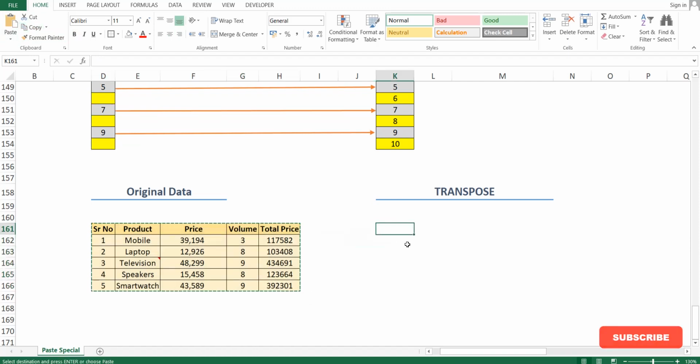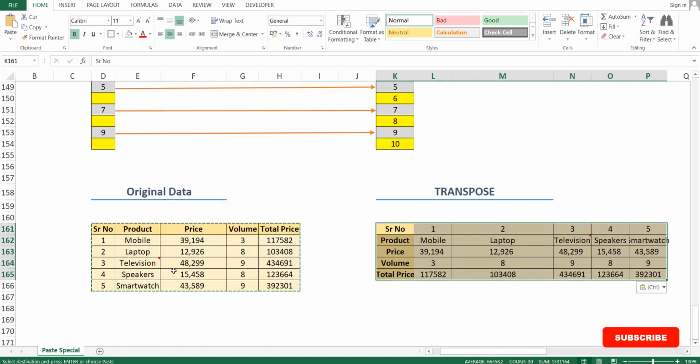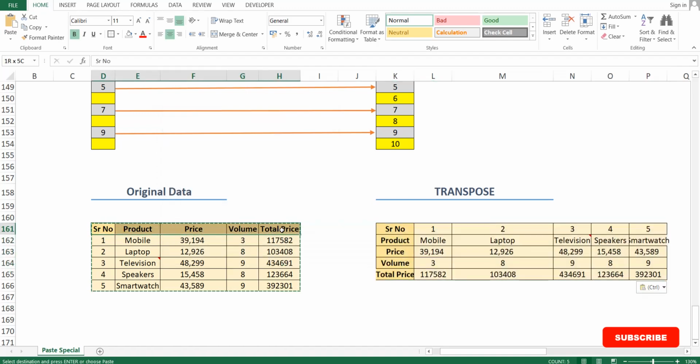Next select the desired location, then under paste special click on transpose and click OK. You can find that all these columns are converted into rows. It means our original data will get transposed with the help of this special option.